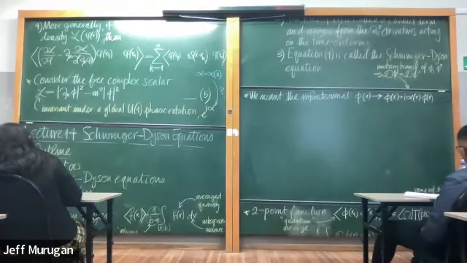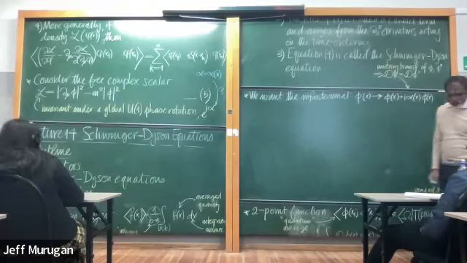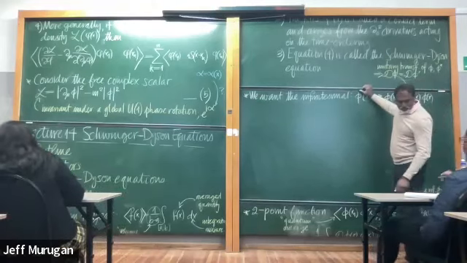And I'm going to use the notation here. I do the same thing for phi star, because I'm thinking of phi star as an independent thing. So when I do the integral, I'm going to integrate over phi, and I'm going to integrate over phi star. So what this means is that